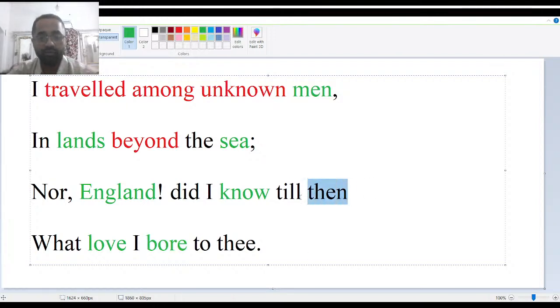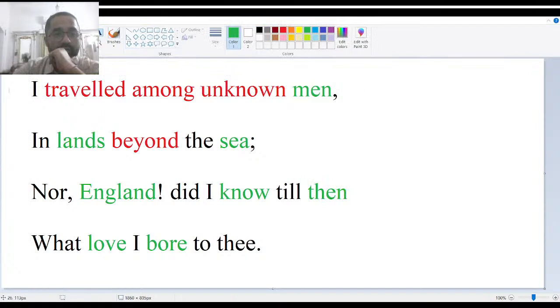Then also happens to be an adverb, so the next step is to put the accents over the stressed syllables. I travelled. This is an addition, this is a suffix, travel. Also